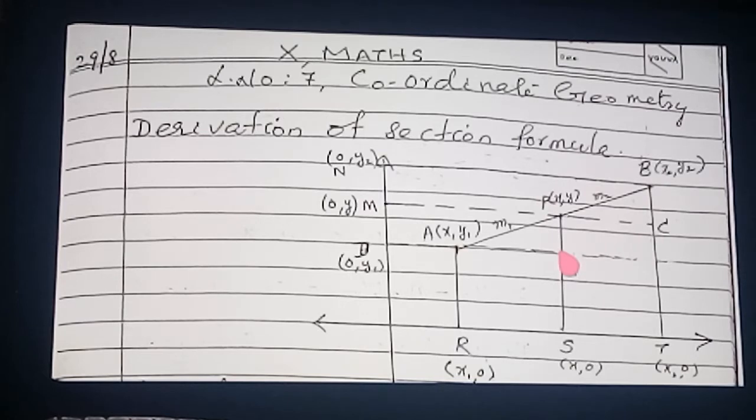Here also we are applying the same property, opposite sides of a rectangle are equal, therefore MD is the same as PQ. Similarly here MN, the distance between M and N, these M and N are on the y-axis, therefore y2 minus y. So MN is the same as y2 minus y, that is equal to BC, y2 minus y. Clear? Okay.